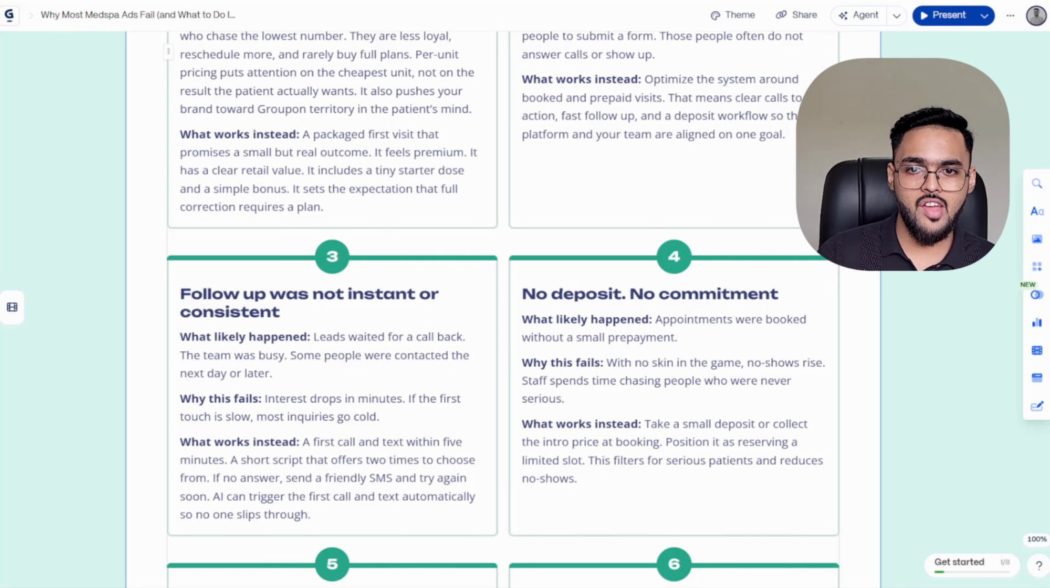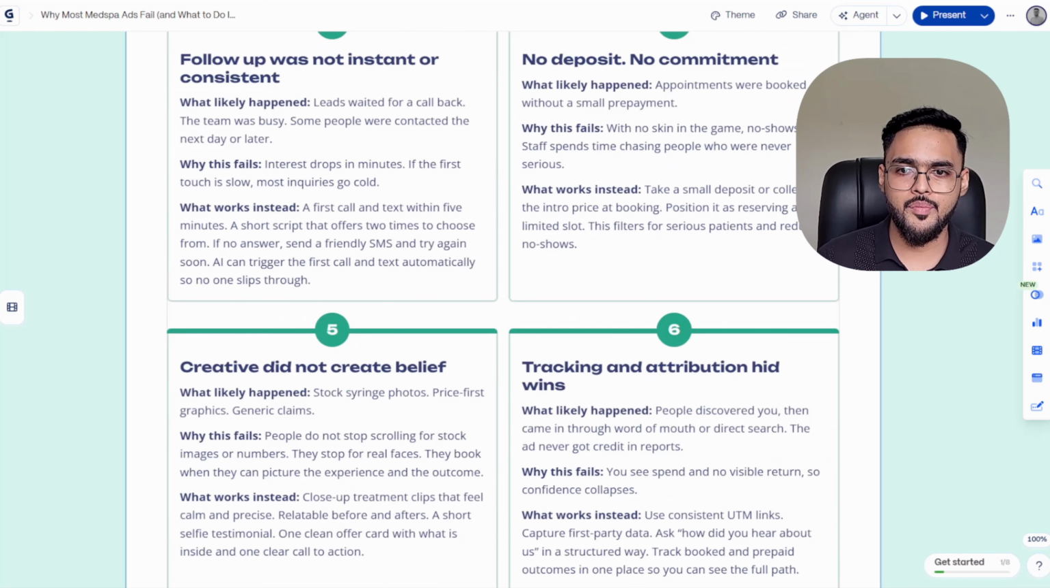And reason number five is the creative didn't build belief. So the fifth reason is the creative. Most ads show a sterile syringe photo with a price tag slapped on it. But think about it. Does that make someone stop mid scroll and say, yes, I trust these people with my face? Not really. So, what works is showing proof and humanity, meaning you show them close up treatment clips of